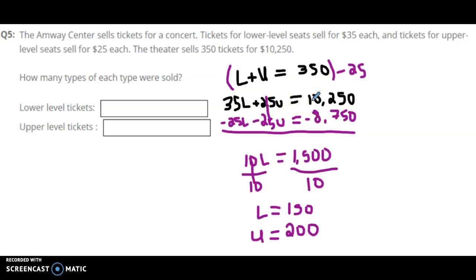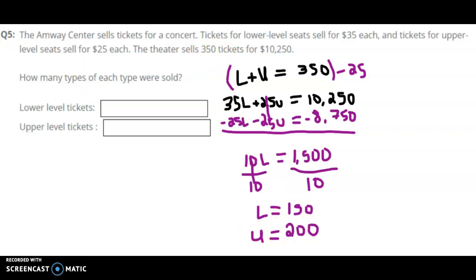I'm going to solve this by elimination, multiplying L plus U equals 350 times -25. I chose 25 because it'll make the U's cancel out. This makes 10L, this makes 1,500, and then I'll divide by 10 to get L alone, so L equals 150. And then because L is 150 and I know there's 350 total tickets, I know U has to be equal